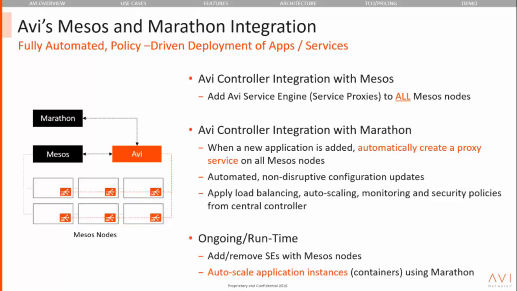So again, a distributed architecture, much like Mesos, Marathon, Docker Swarm, Kubernetes, and other distributed architectures. Two components, the controller and the actual proxy function that lives on every single node, with automation driven through a single point, which is the controller.